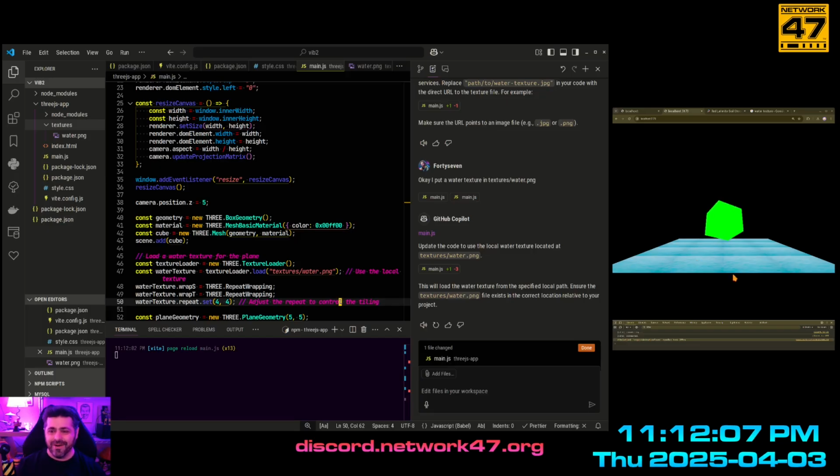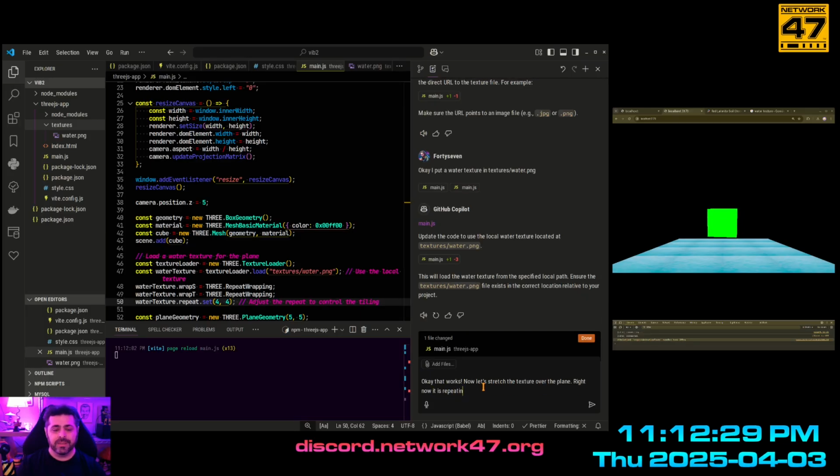Okay, here we go. We got a texture in there. Now it's got a problem. It's repeating. So, okay, that works. Now let's stretch the texture over the plane. Right now, it is repeating.